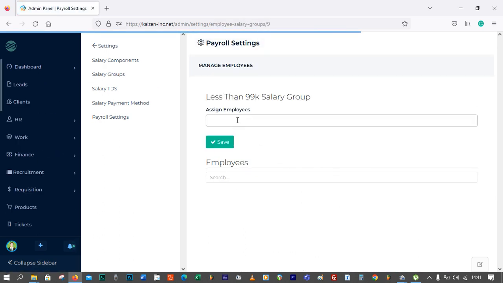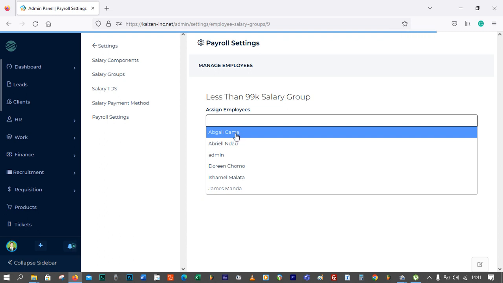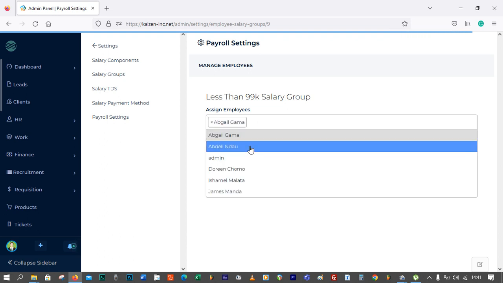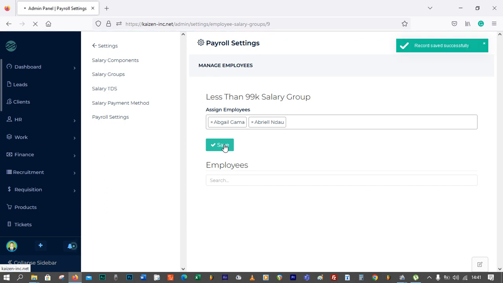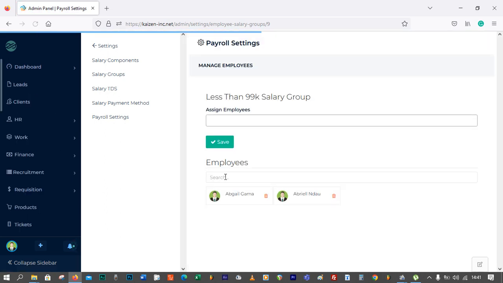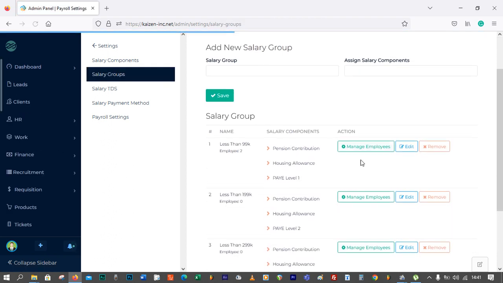So now you are adding employees to this group. So let's say Abigail Gama and Abriel Ndao. We save it there. When you save it, you find that the names of the employees are appearing down here of this group now. All right, when you go back to the salary groups, and then we're choosing level 3,